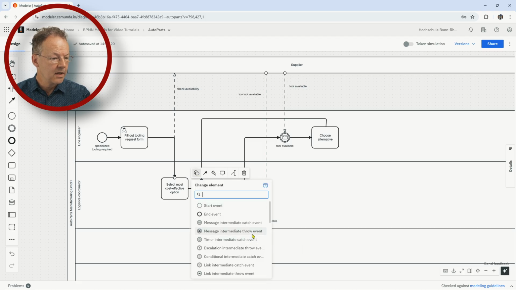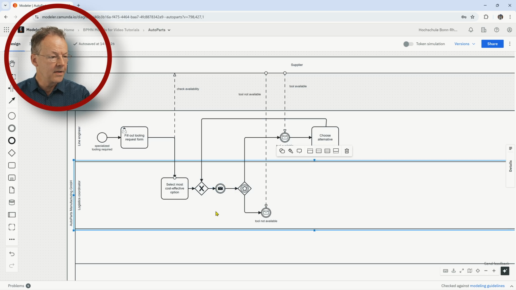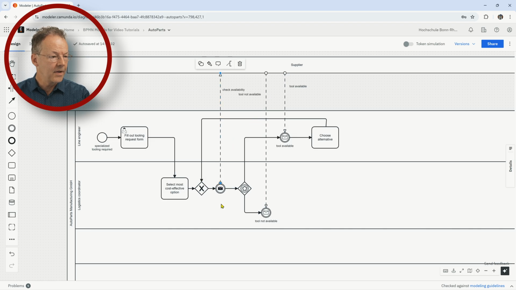So this should be a message intermediate throw event, and then we can put that here. So check availability is now this event, and then we have this send again. So after choosing the alternative, we check availability again, and then we are in this loop, and the supplier is always answering our requests. Okay,